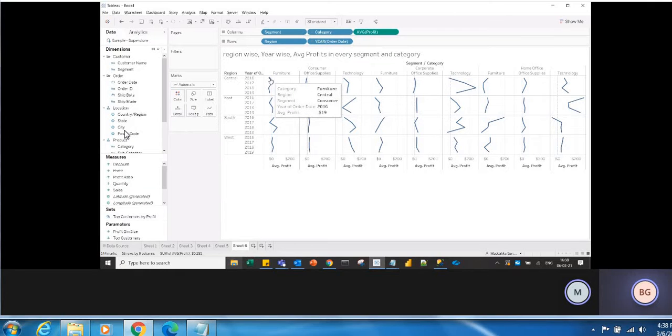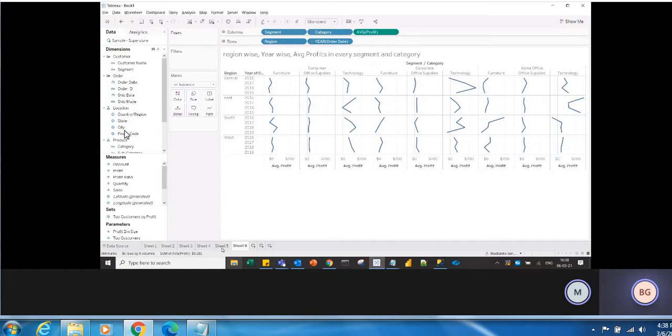So the starting value, what is that? The category is furniture, the region is central, the segment is consumer, and the order date is 2016, and the average profit is minus $19.